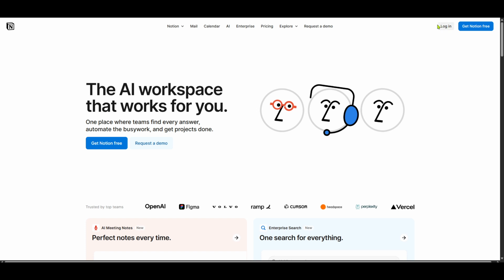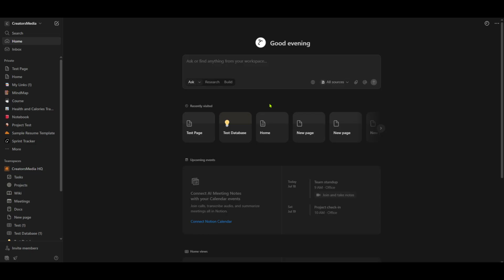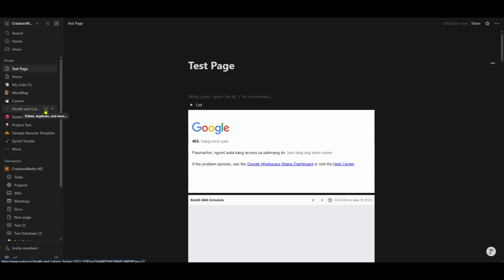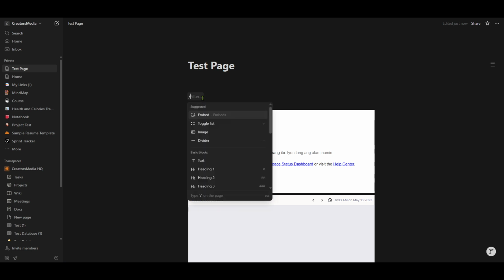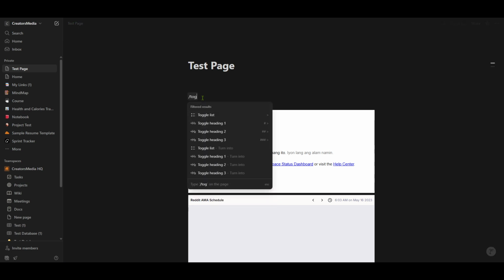From the Notion home, the next step is to navigate to the specific page where you'd like to work with toggles. Go ahead and click on the page you have in mind. Now, once you're on that page, it's time to add a toggle list. To do this, simply type in the / symbol, followed by the words toggle list. This command will bring up the toggle list option, where you can create collapsible and expandable sections for better organization